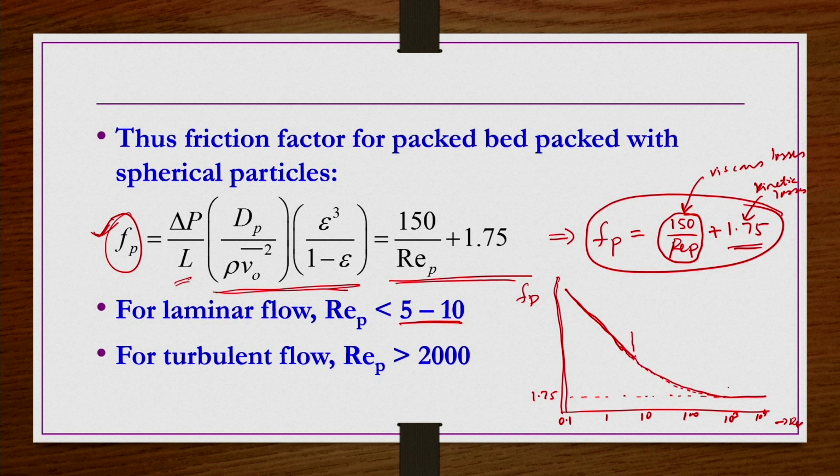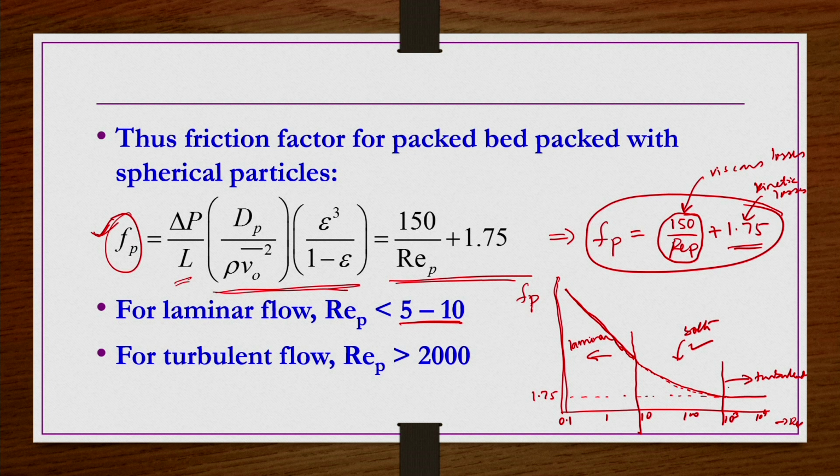So, this part is in general valid for the viscous or laminar flow, and this part is valid for turbulent flows or large Reynolds number flows, where only kinetic losses are predominant. In the middle region, both contributions are going to have a significant effect, right. So, this is how we have to do the conversion of pressure drop information in terms of friction factor and Reynolds number for the Ergun equation.